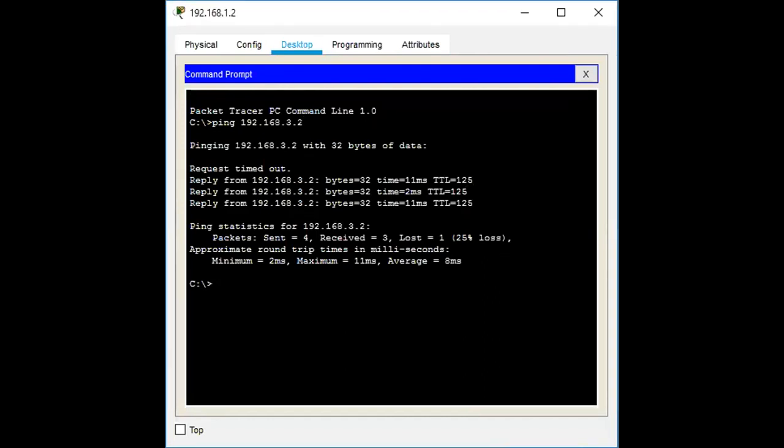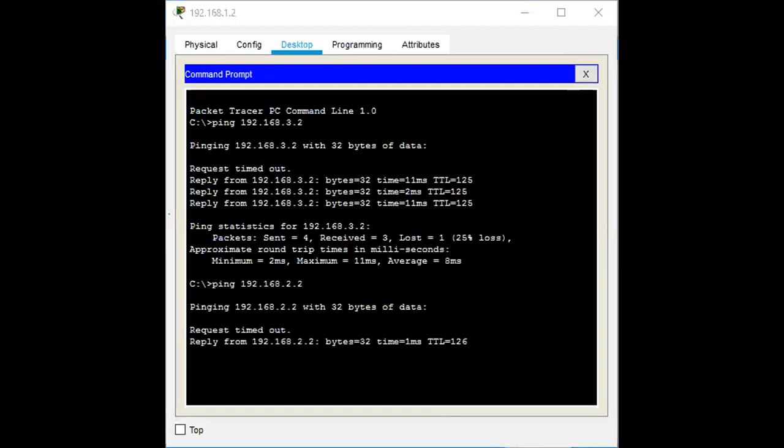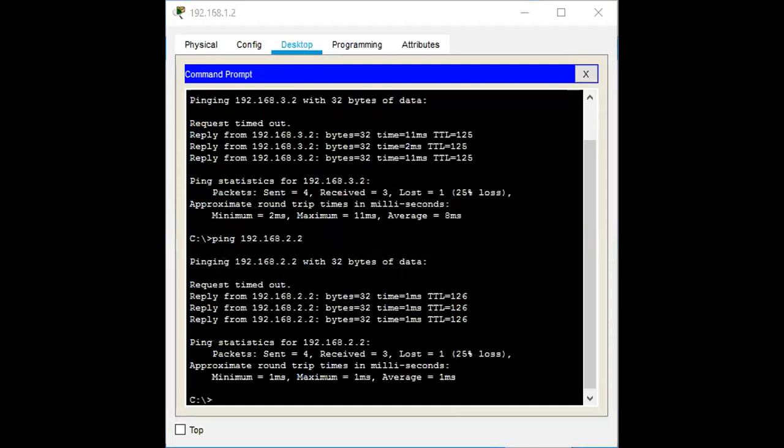Similarly, I will check the same thing with another system. This is a source system, and this is one more system. I want to share the data to this second network. What is the command to use? Ping 192.168.3.2.2. What will happen? You check. Now also 25% loss because there is some traffic, so we are not getting 100% loss. Four packets were sent, we received 3 packets and lost only 1 packet. In this manner you configure the OSPF protocol.